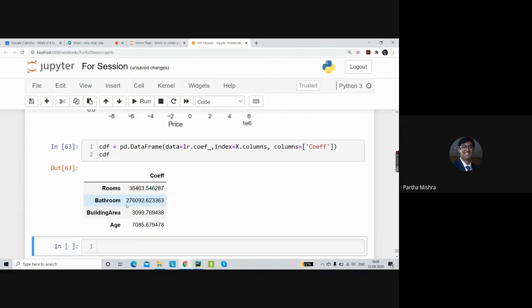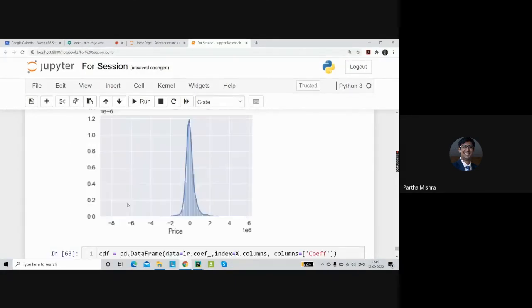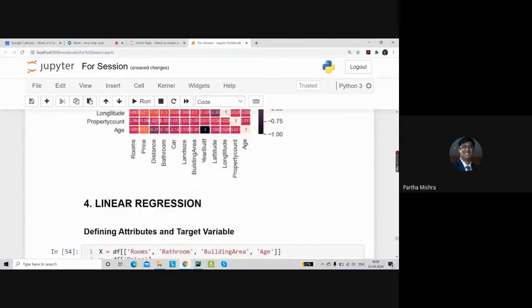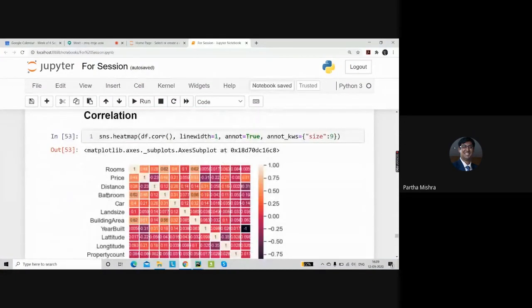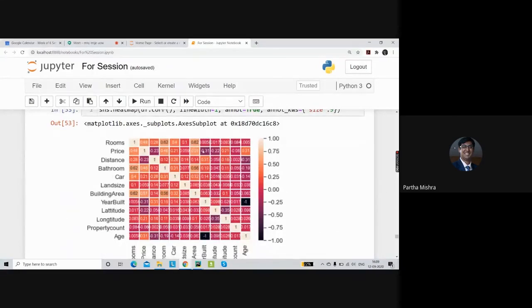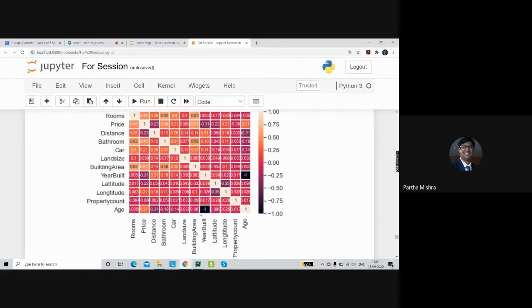One more thing you can observe is that none of the coefficients is negative, because we have only chosen those variables where the coefficients were positive. If we had gone for something like this 31% negative price, which corresponded to the year built, it would have been a negative coefficient.